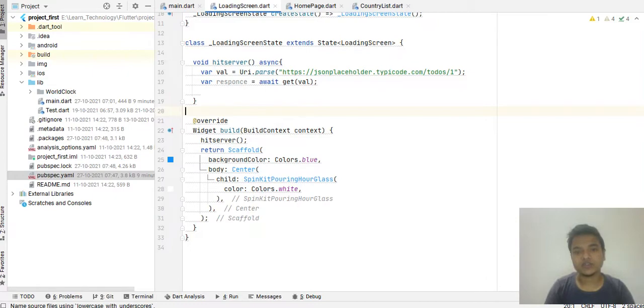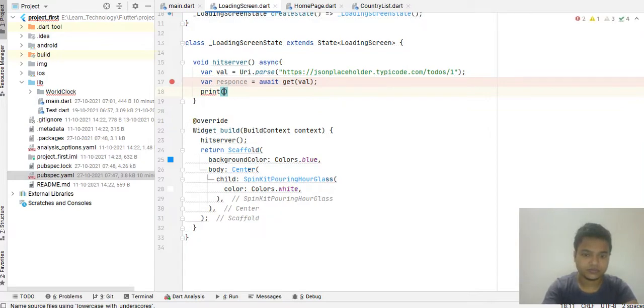So here it is. Now what it will do, once the get function is called, it will let the control stop here until the result comes back from the server. So now we can do a print and click on hot reload to see what it brings as a result.